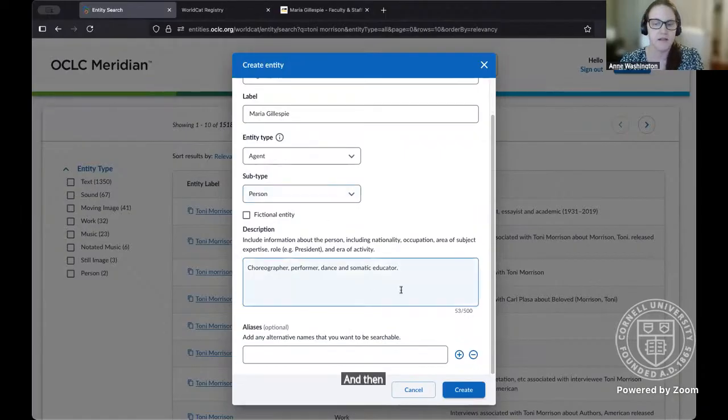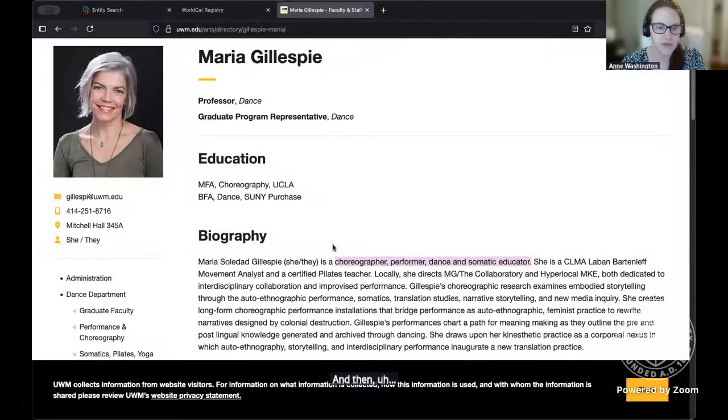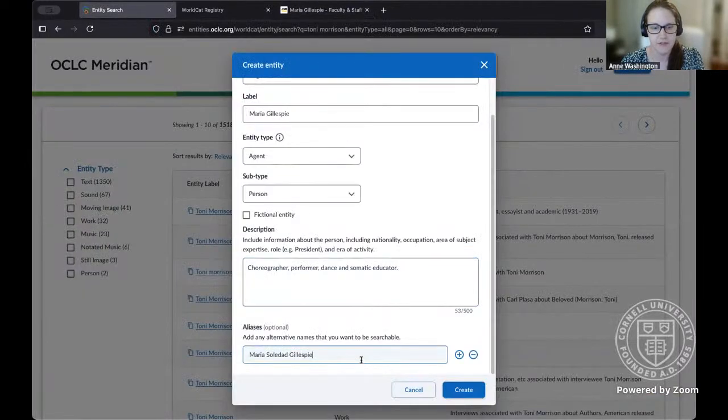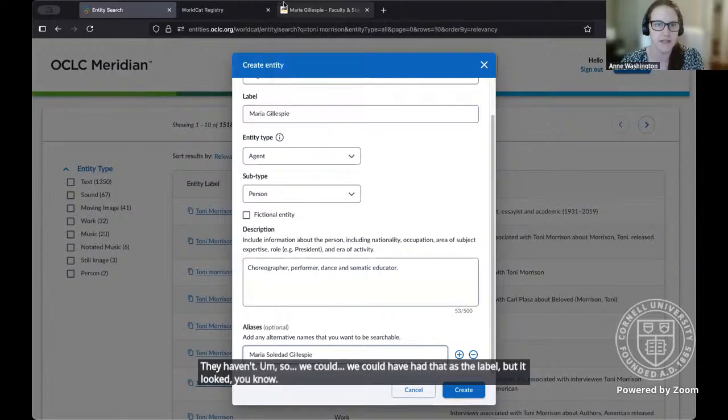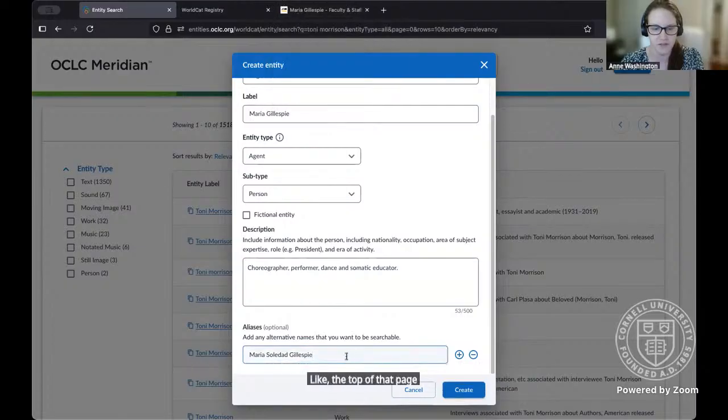We could have had that as the label, but at the top of that page, it was just Maria Gillespie.